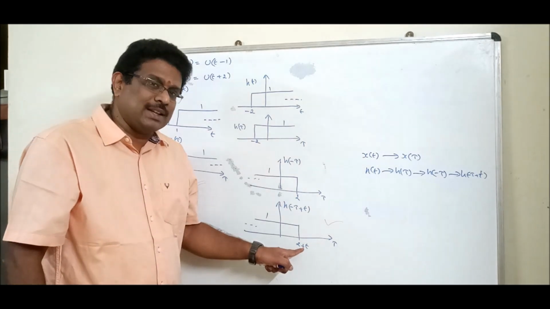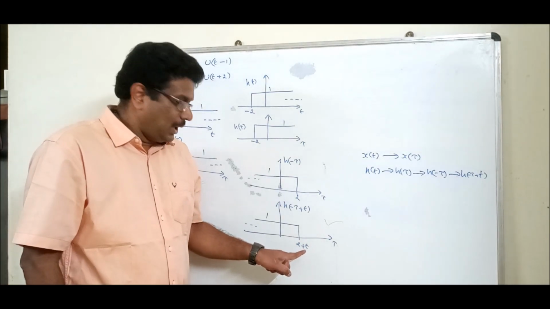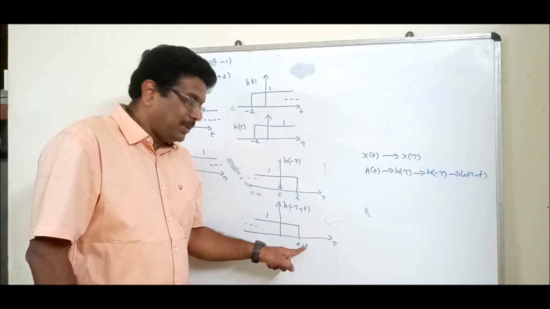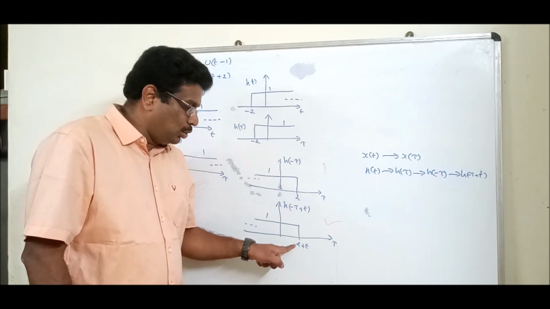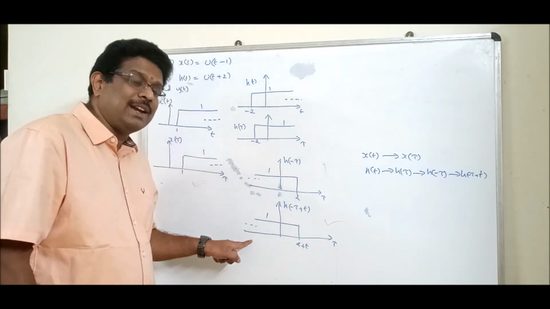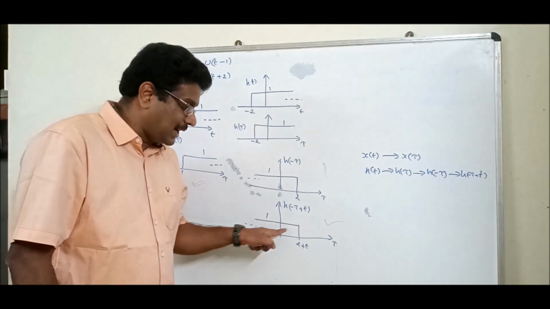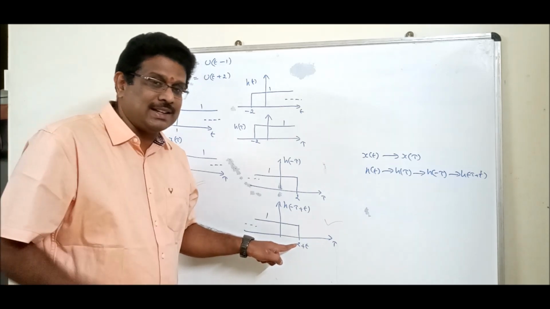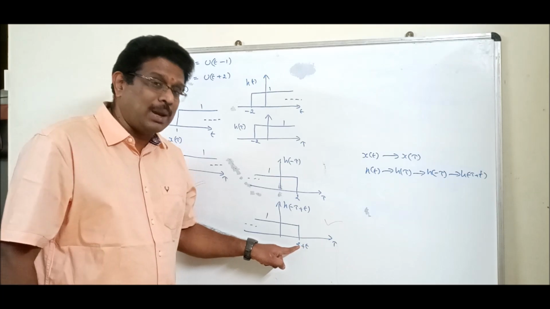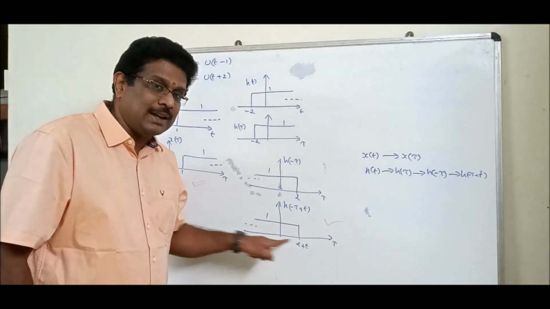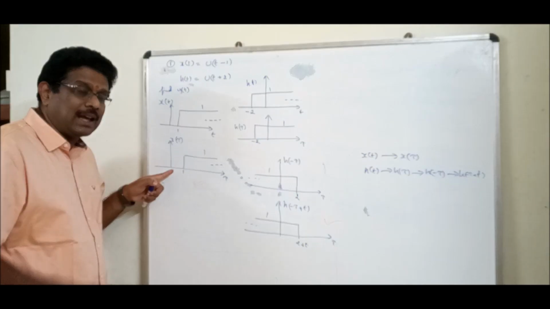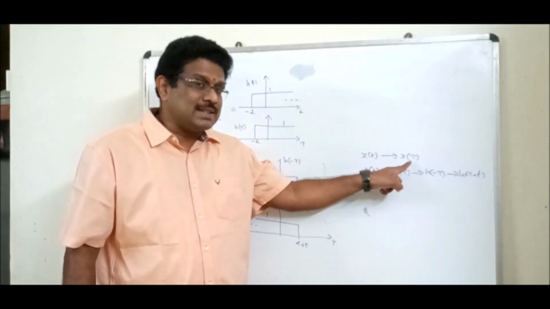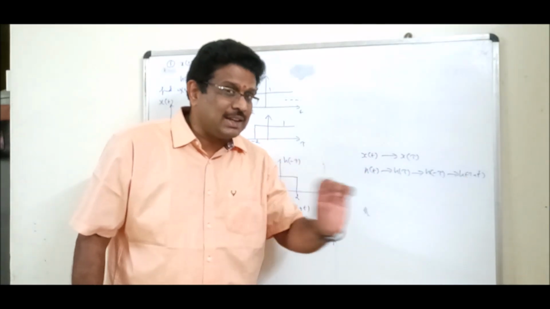It's not right side. Why, sir? It depends on the t value. If you put t equal to 5, 5 plus 2, 7, it comes here. If you have t equal to minus 5, 2 minus 5, minus 3, it comes on the negative side. Now answer me, this signal starts from right side or left side, or we can't say? We can't say. It is a generalized signal. T is a variable, so I am going to call it a moving signal. This is a fixed signal, because in my convolution I need one signal fixed and another signal shifting, moving.